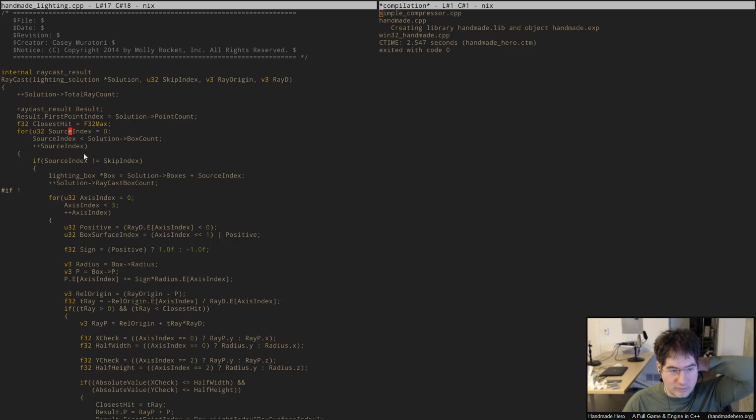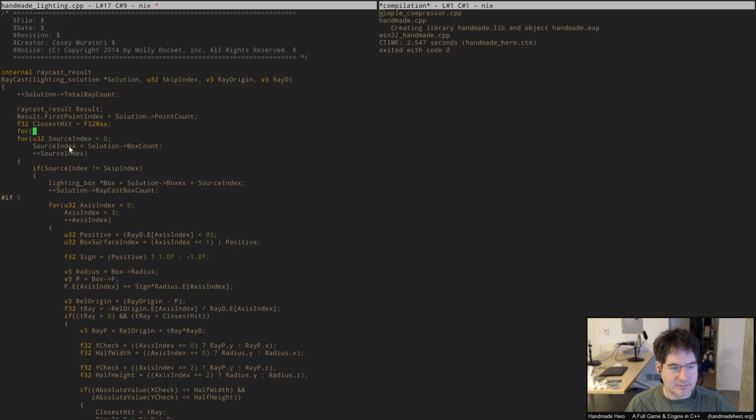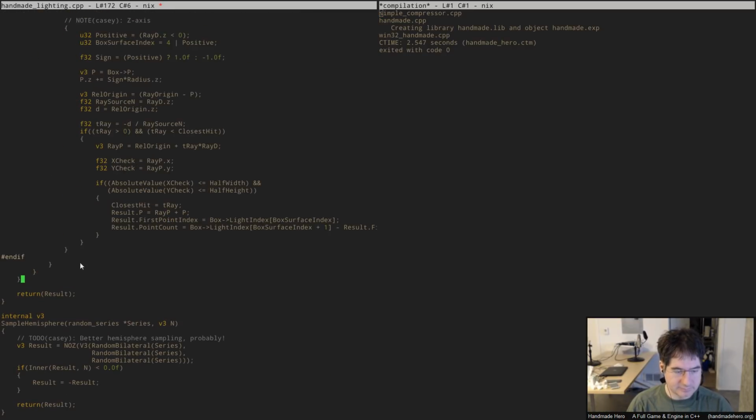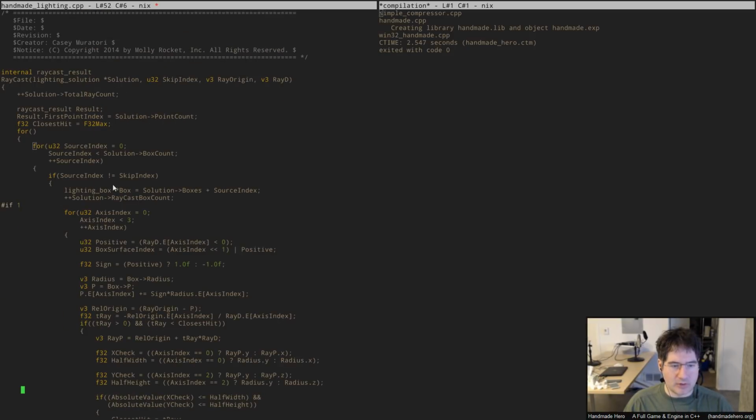Well, like I was saying, we're looping over all of these boxes here. What I want to do instead is turn this into a sort of more hierarchical traversal of these rays. So when we're looping over this set of boxes, what I want to be able to do is turn this into something that is going to be looping over a spatial partition. So if you imagine something more like this, where instead of looping over all of the boxes together, we can loop over, well, in fact, I guess maybe